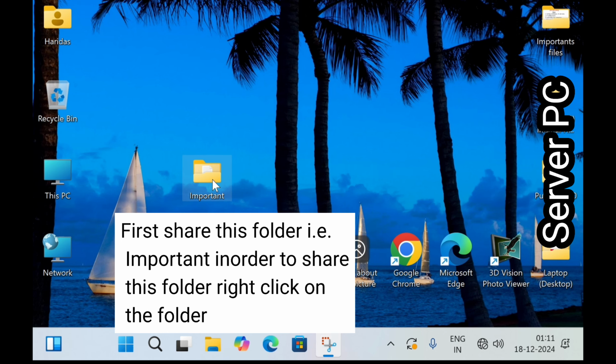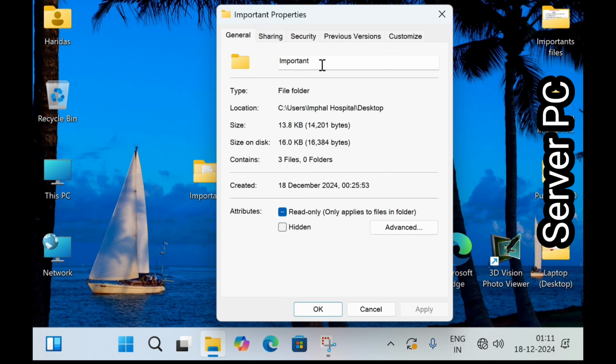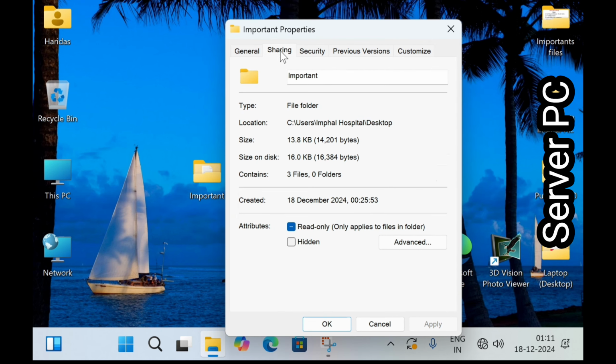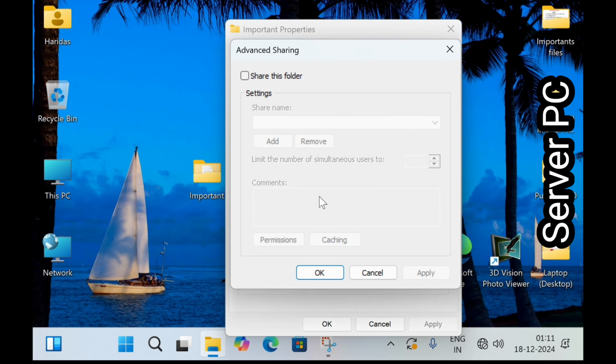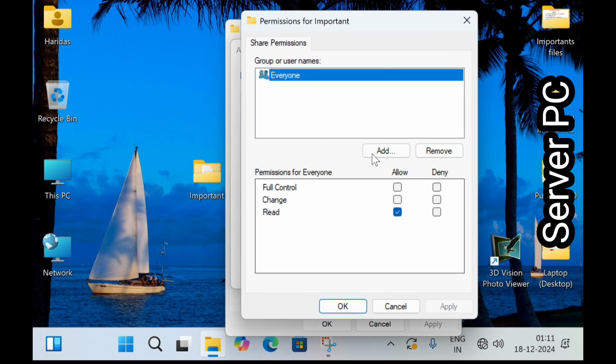In order to share this folder, right click on the folder, then click on properties, then click on the sharing tab, then click on advanced sharing, then click share this folder. Here you can specify the number of computers which can access this file, then click on permission, then